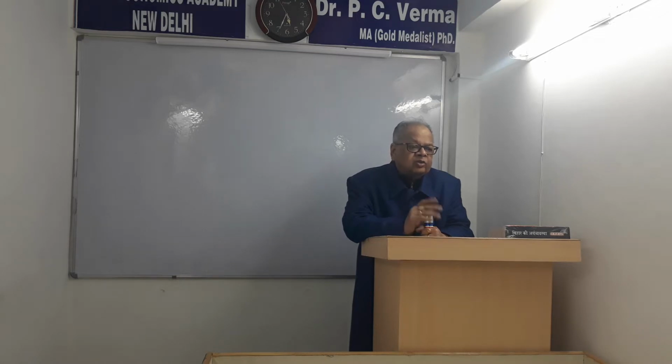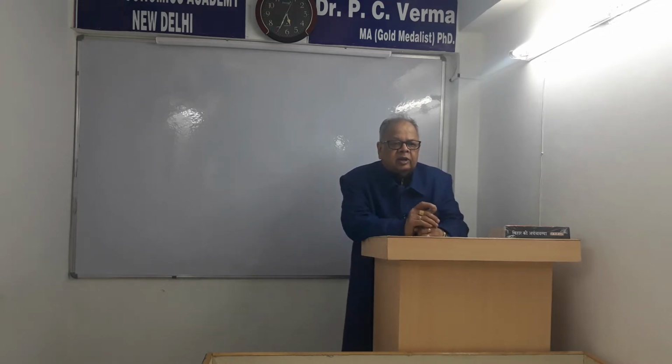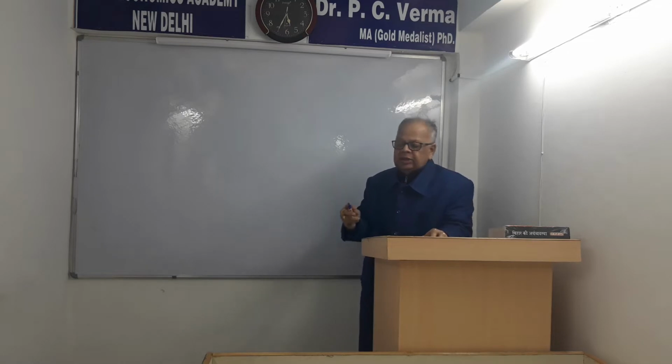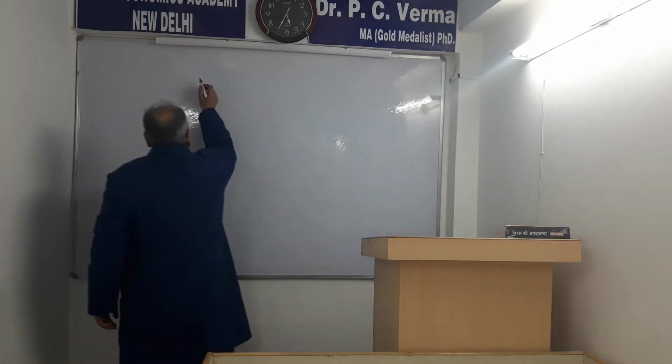There are 5 factors of production in economics: land, labor, capital, organization, enterprise. But in analysis, in microeconomics, we always take only 2 factors: labor and capital. So the Cobb-Douglas production function, Mr. Cobb and Mr. Douglas, 2 American economists, developed the Cobb-Douglas production function, which is written as